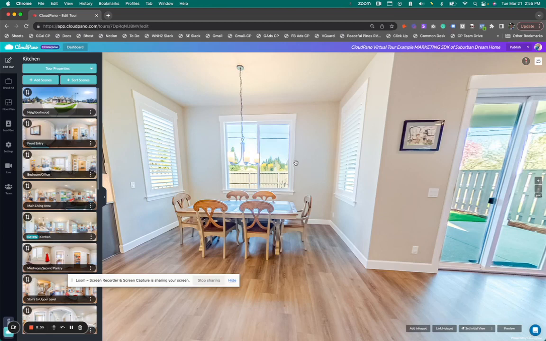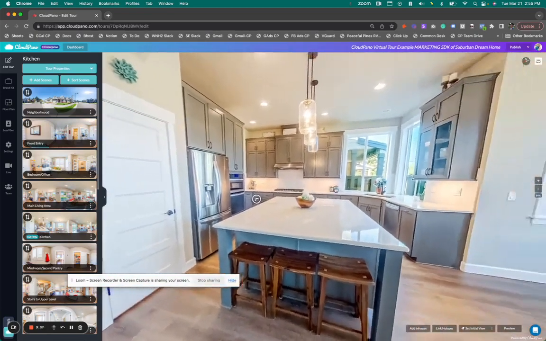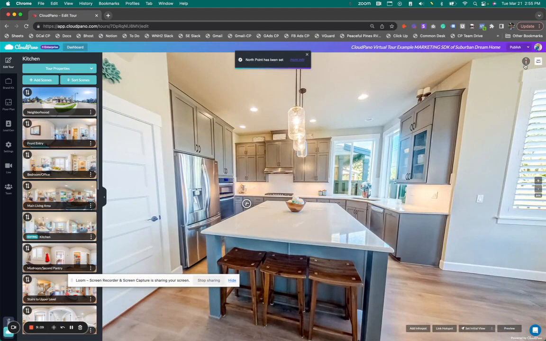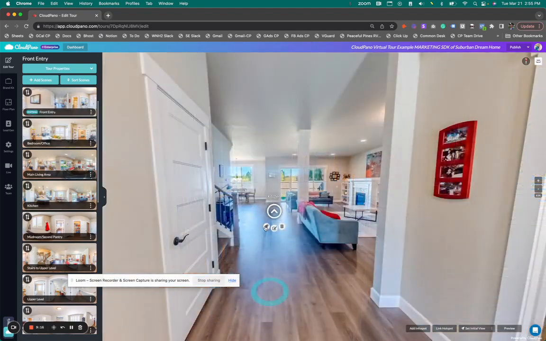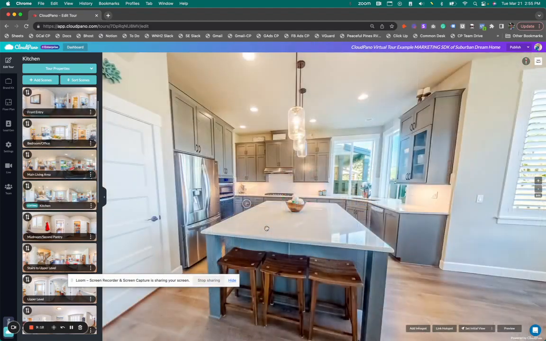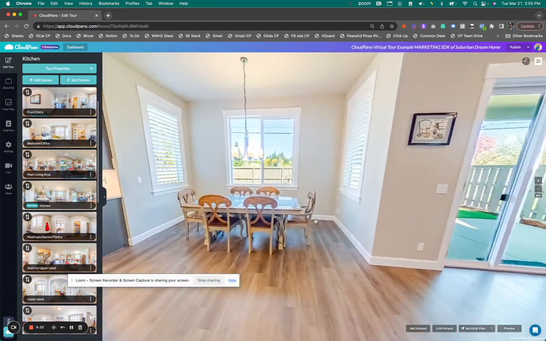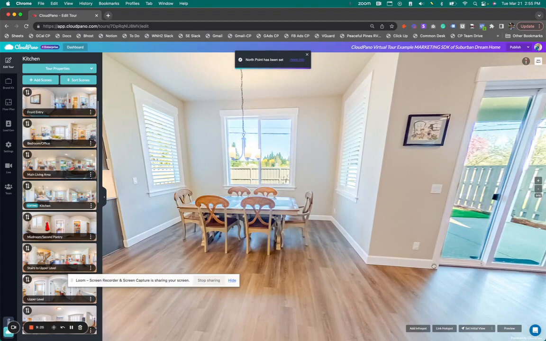So as I'm facing a certain direction, the compass is aware of that specific location. So let's say hypothetically this kitchen north point was this way. Okay, I'm going to set it here, and it's basically functionally wrong right now. Okay, so I'm going to go to right here. I'm going to show you when I click go to kitchen, it's facing this way now. Now, if I set my north point back like this, and I go back to my main front entry,